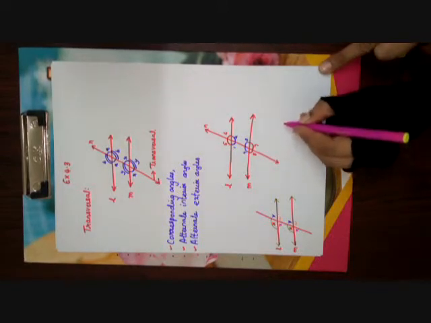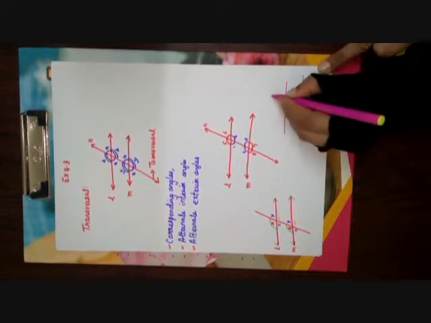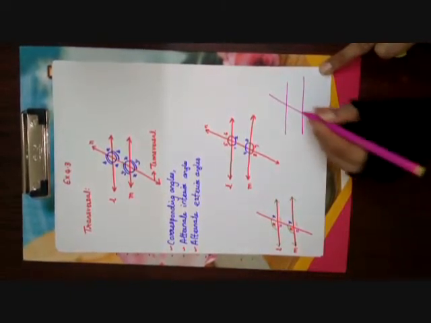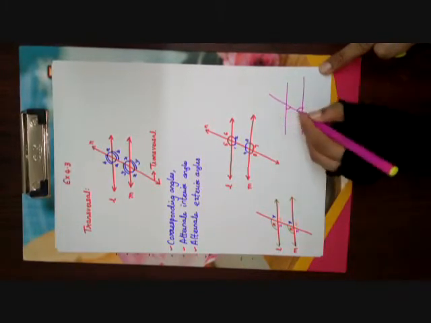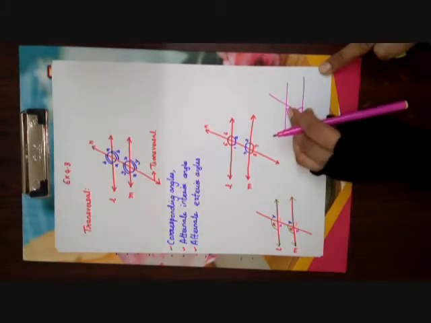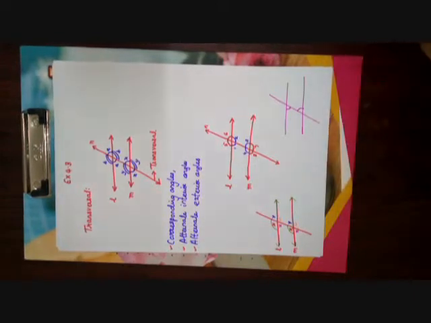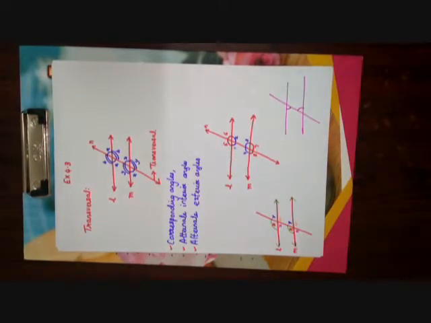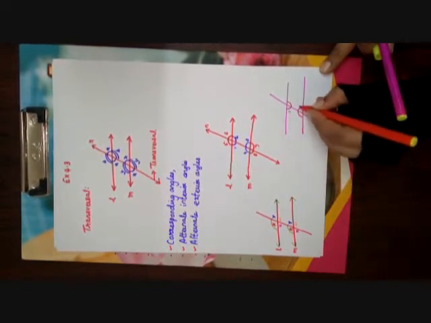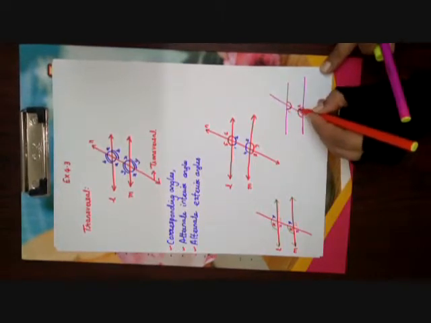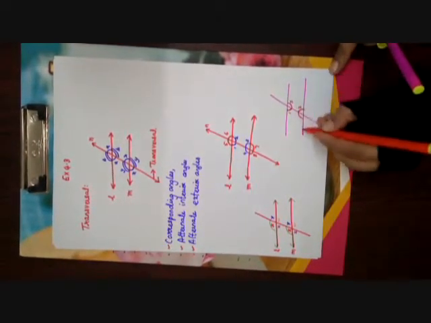And now let us understand what is an alternate interior angle. Alternate interior, children. The name itself will tell us the positions. Alternate means what? Like this way. These are interior, yes, and they are alternate to each other. One is on one side and the other angle is on the other side. This is alternate interior. Where is another set of alternate interior angles? It is this. Okay, so let us name it: angle 1 is alternate interior to angle 2, and similarly angles 3 and 4 are alternate interior angles.